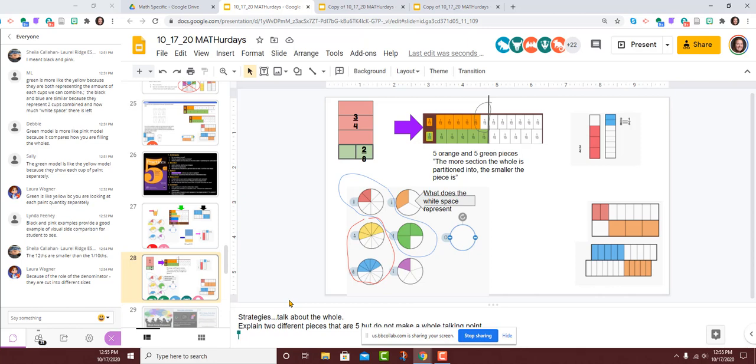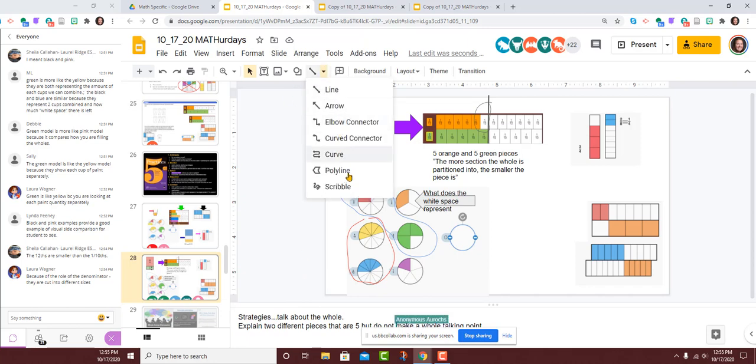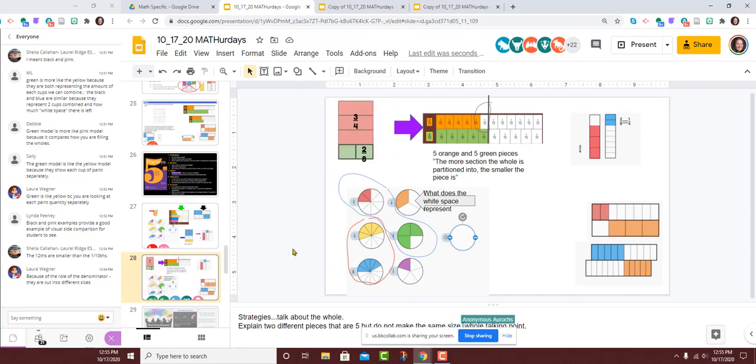So here we've got a lot of different ways. I'm going to invite you to use the scribble tool that's underneath the lines to see if you can find any other matches in the circle diagram. Right now they found 2 of them. I'm curious if you see any others that could be combined in the cup.